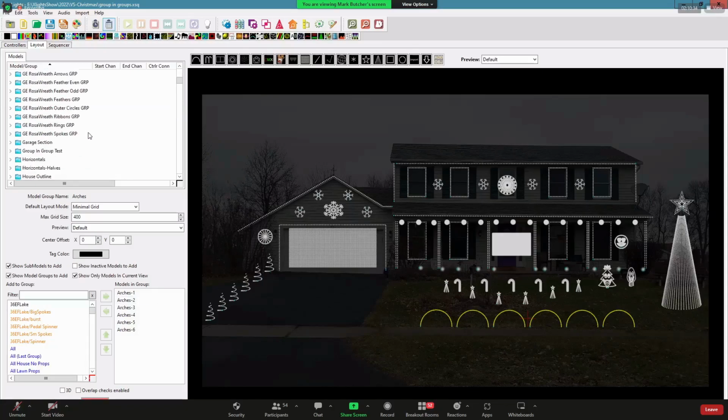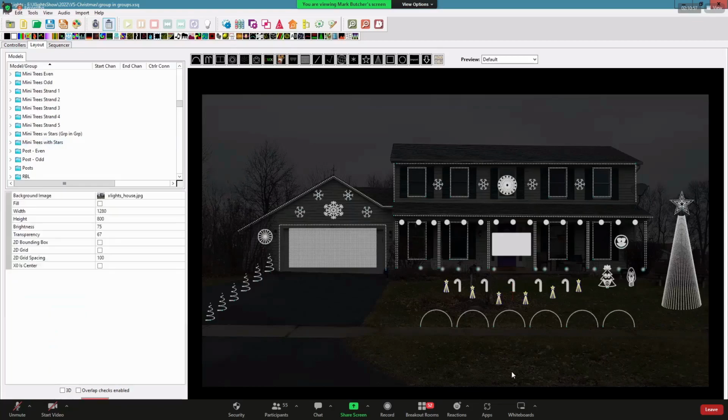The same thing even when I did my mini tree group here. You can see I did them in order here. And when I had them individually, I did them tree 1, star 1, tree 1, star 2, tree 2. I probably could have done all the stars and all the trees. But you're going to want to be consistent. It's going to make your life easier, so you're not beating yourself up trying to figure out why something is displaying one way on someone else's layout and yours is looking completely different.